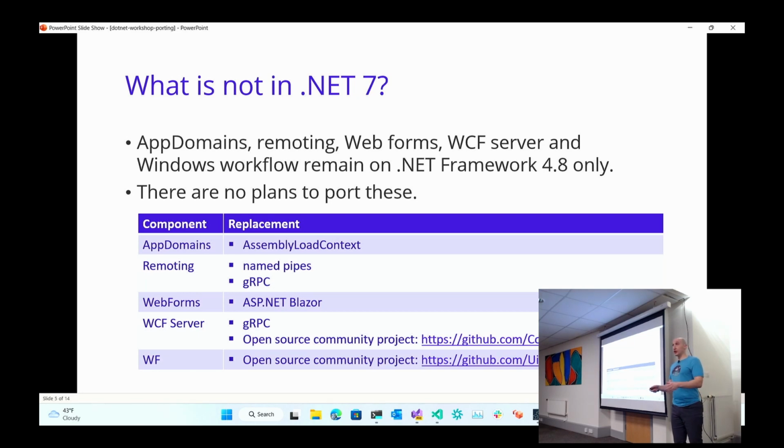But if you really, really like WCF, there is a WCF for you in .NET Core, or in .NET 5 and .NET 6 and .NET 7, and that's called Core WCF. So Core WCF is a community project, in quotes, which is a WCF port to the latest versions of .NET. The main contributors are Microsoft and another company. What company do you think that would be? My company. And why do you think my company cares a lot about Core WCF?